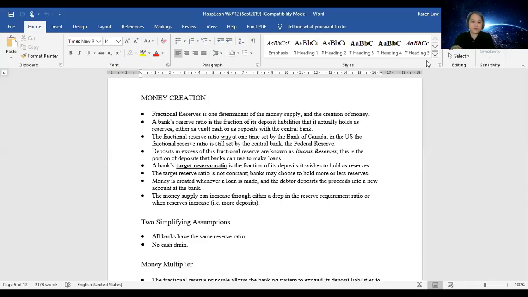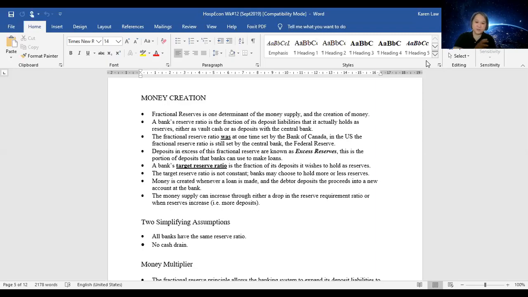All right, so moving on to the creation of money. Basically, whenever you deposit $1 into the bank and the bank lends out 97 cents of your dollar, it is inevitably going to create more money in the economy. This is the principle of fractional reserve: the bank only needs to keep a small portion of your money and they can lend out the rest.